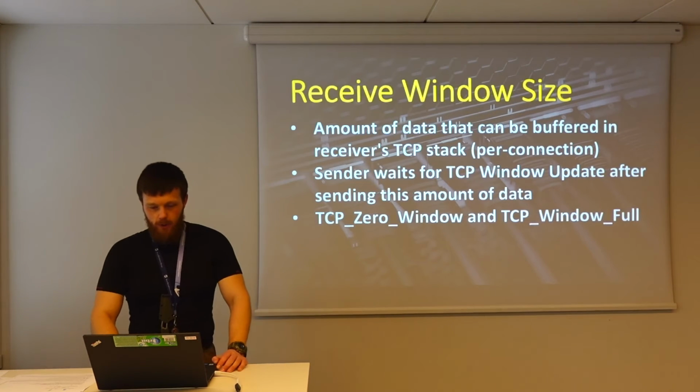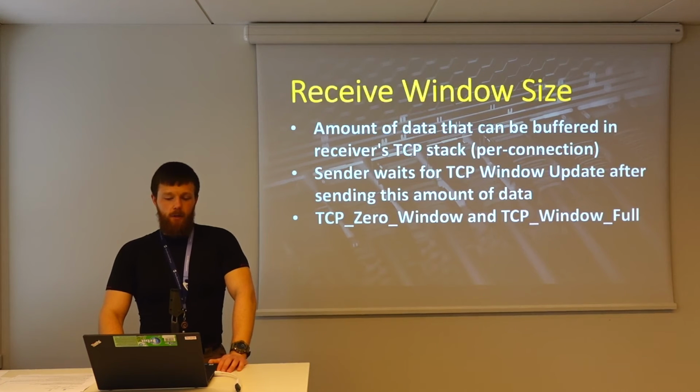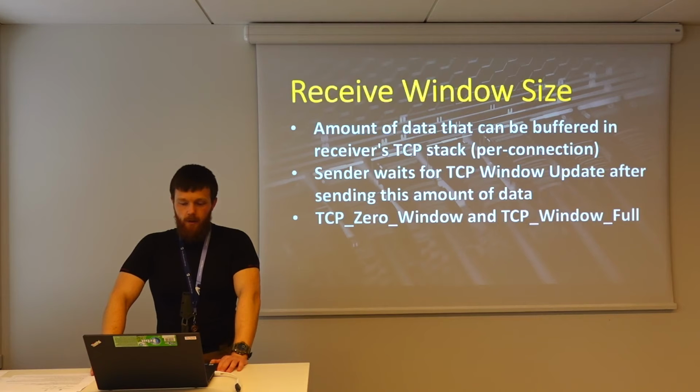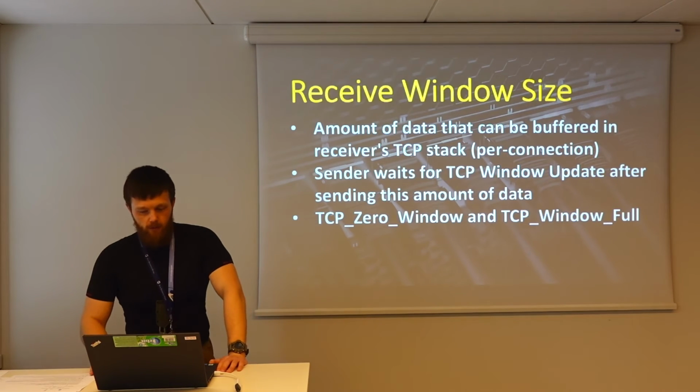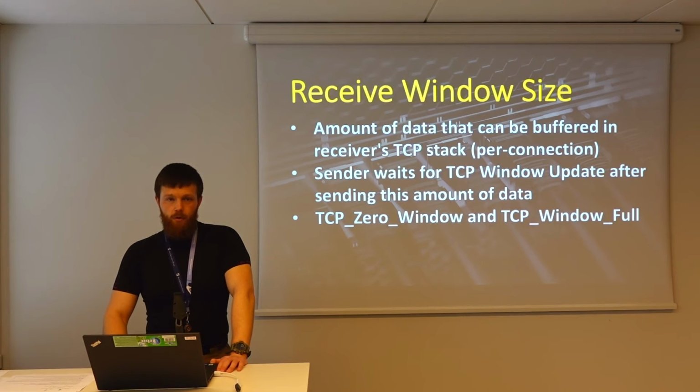Now another important thing to know about is receive window size. Receive window size is basically telling you how much data can be buffered in the receiver's TCP stack per this particular connection. So when the sender sends data to the receiver, it keeps track of that window size, and if it sees that the receiver's window is full, it stops sending data, and vice versa. The receiver can send a packet saying, oh wait, my TCP window is full, I cannot receive any more data, and then the connection stalls and nothing is sent. And why that happens usually is that the application doesn't pick up the data from the TCP stack buffer. So that's the most common